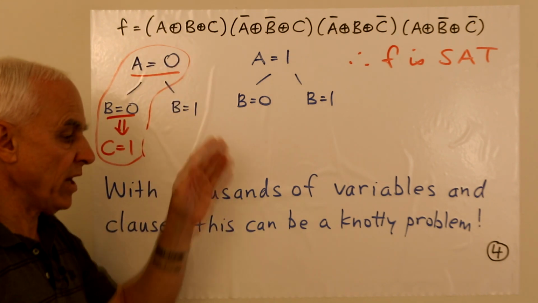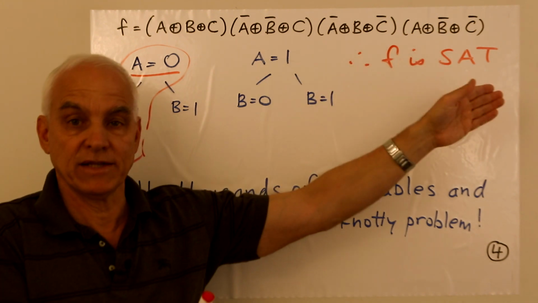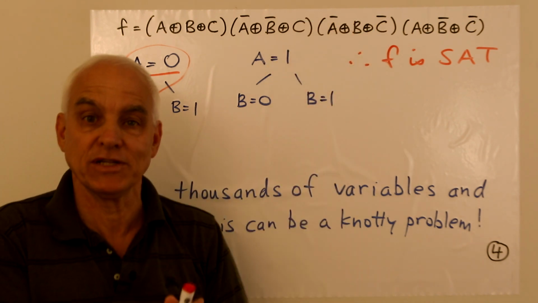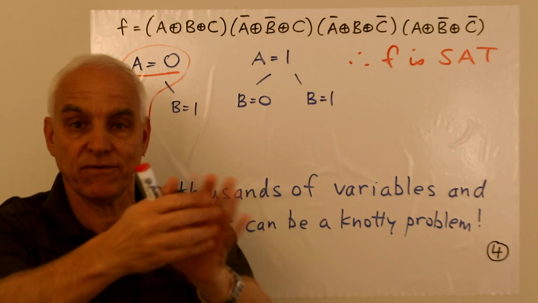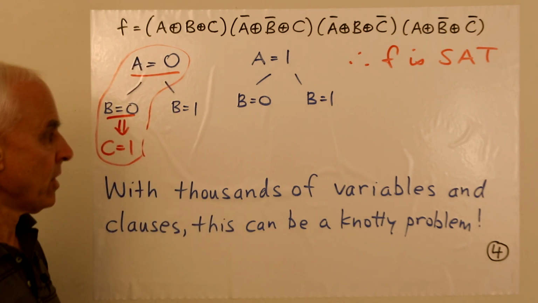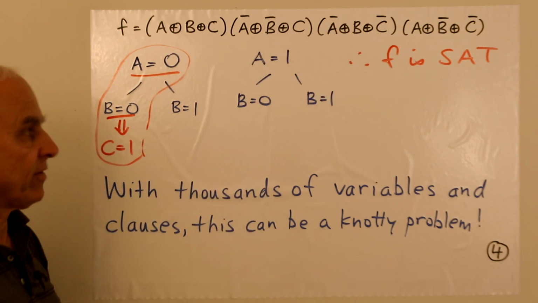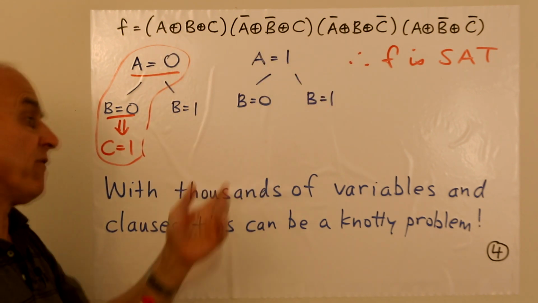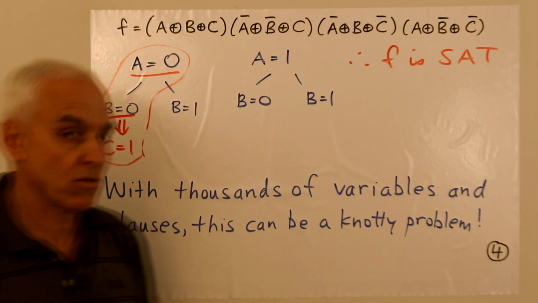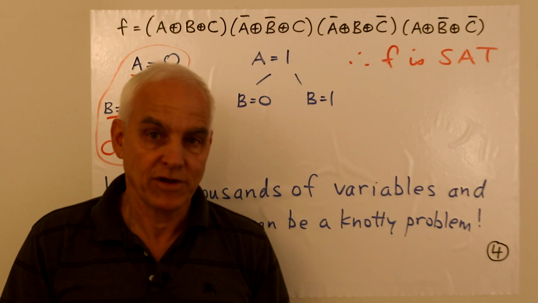Sometimes you're going down a tree and then you come to some condition that's inconsistent with it being satisfiable. That means you have to go back up the tree and erase the assumptions that you've just been making and move to a different set of assumptions. Okay. So with a small-ish example like this, we can do it by hand, but with thousands of variables and clauses, this can be quite a naughty problem, and you do need programs and algorithms to make it